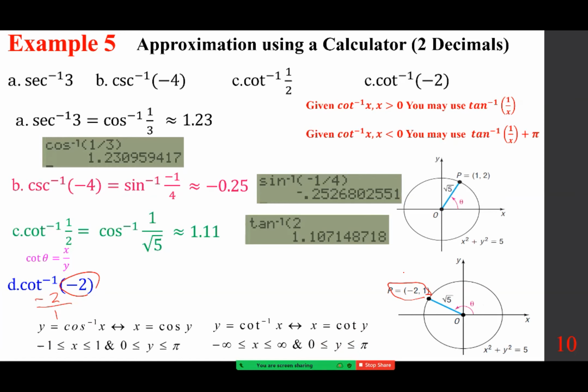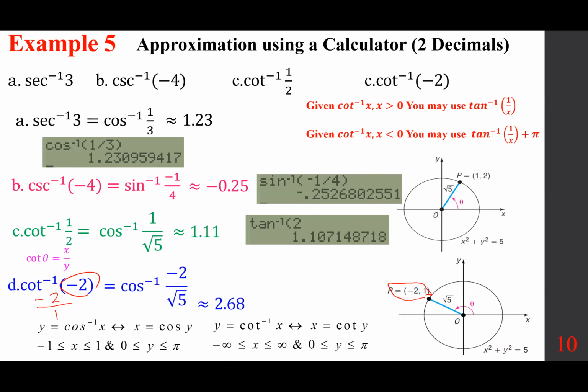Cosine is x over r, so negative 2 over square root of 5. And if you use that, the calculator will give you the correct answer of 2.68. However,